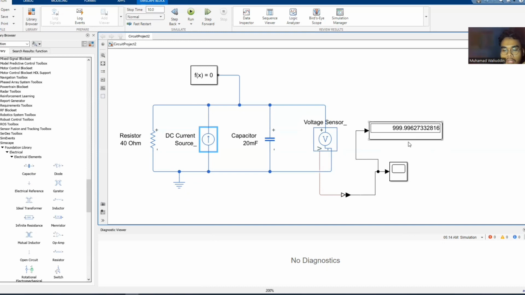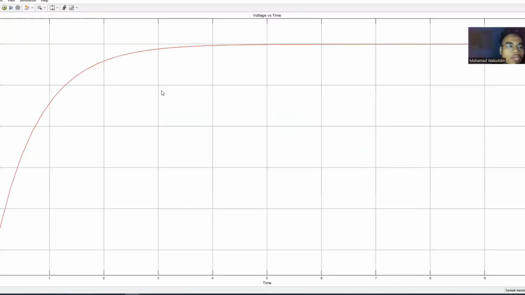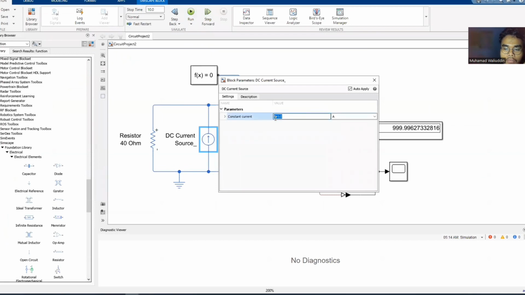999.9962. So this value from the simulation is similar to our manual calculation, where for the first one we got the value of V out is 1000 volt. So after that, we looked at the graph, which is voltage versus time. So we can see here the voltage will rise until it reaches 1000 volt, and then it will be in the steady state. Next, I will change the value into 50